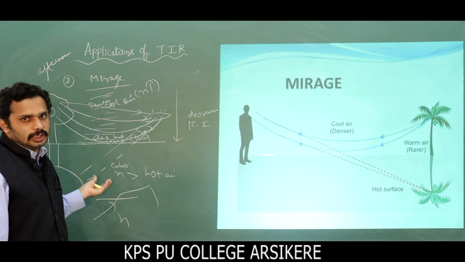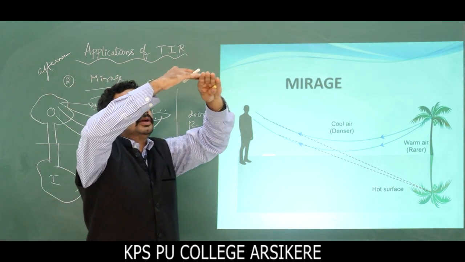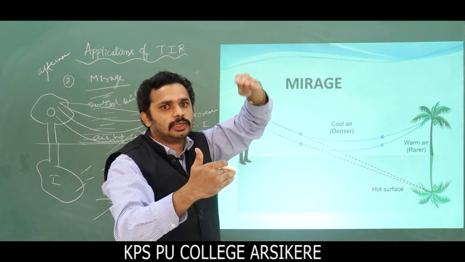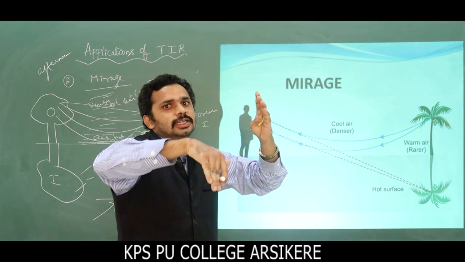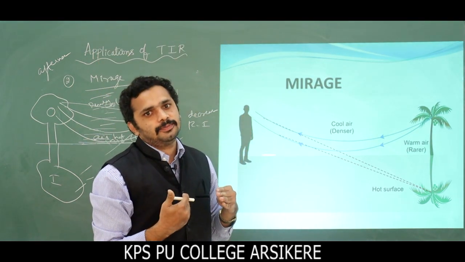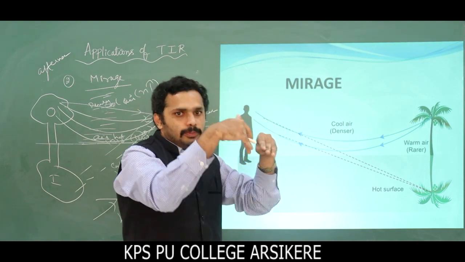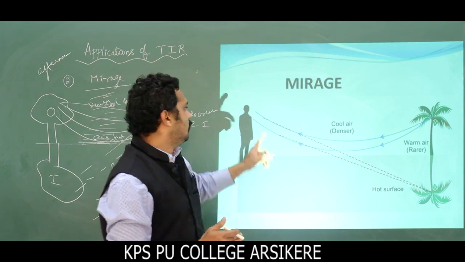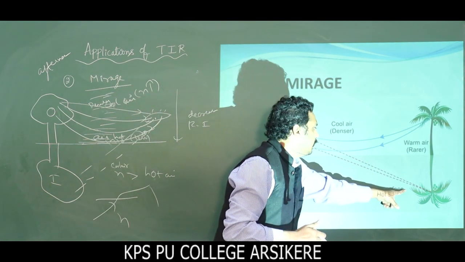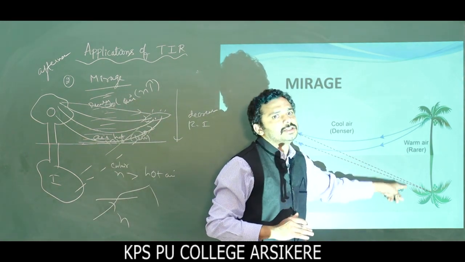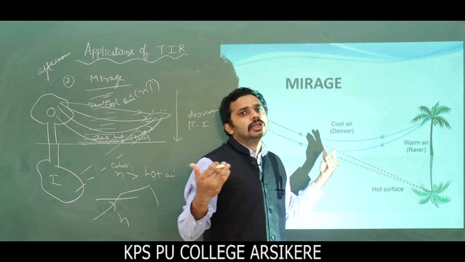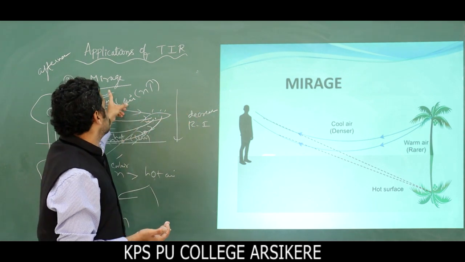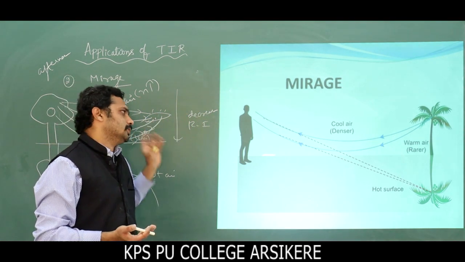May I clear this? That's why, if you go above, cool air; if you come below the surface, hot air. Now density changes, refractive index changes. For the observer, light comes from below the surface, but actually not, light comes from the object. That's why for the observer, this behaves like an object. This is not the object, this is the image of the object. This is called optical illusion. Is that clear? Mirage forms only in the hot desert regions.